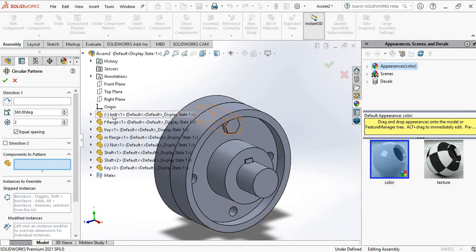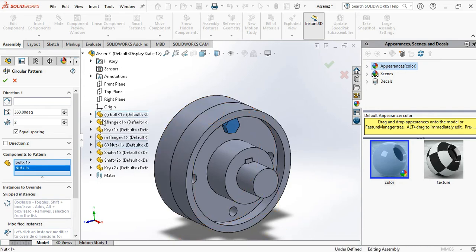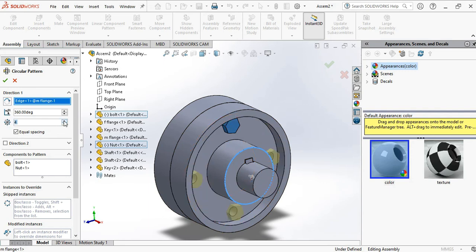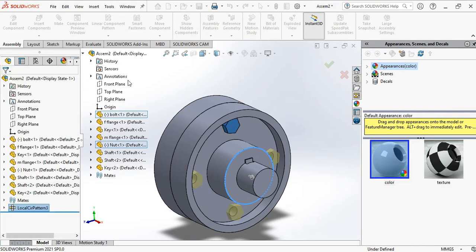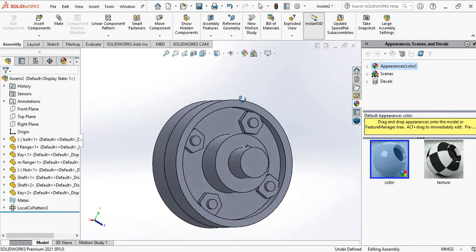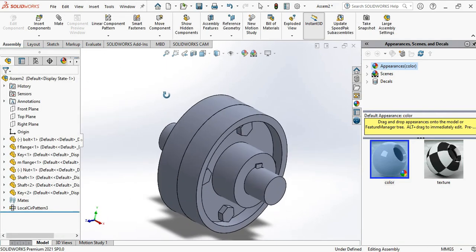Here we have to select bolt as well as nut. We need these two components and select the direction here. You can select any circle. Here number of components are 4. Okay. So like this we have to assemble.